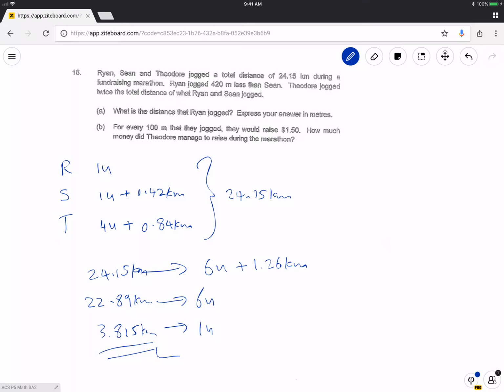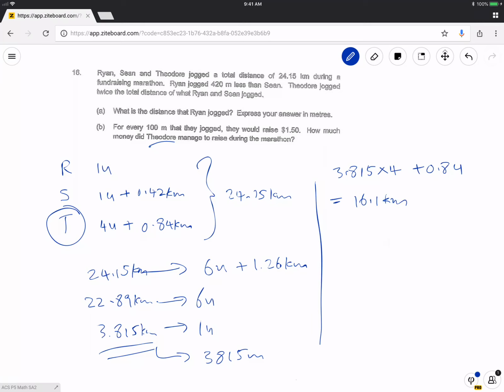Change to meters, 3,815 meters. Okay. Next, for every 100 meters that they jog, they will raise $1.50. How much money did Theodore manage to raise? Theodore is 4 units plus 0.84. So 1 unit is 3.815. So we take 3.815 times 4 plus 0.84. We get 16.1